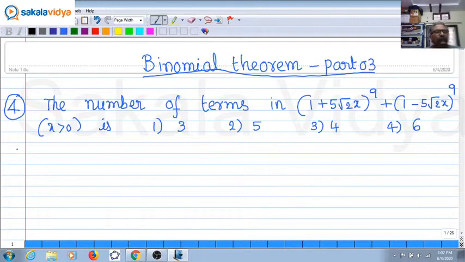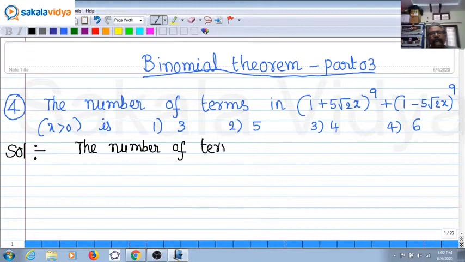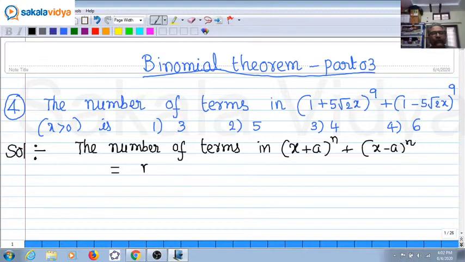Okay, now solution. The number of terms in (1 plus 5 root 2 times x) whole to the power of 9 plus (1 minus 5 root 2x) whole to the power of 9. So we have the formula. The number of terms in (x plus a) whole to the power of n plus (x minus a) whole to the power of n equals (n plus 1) by 2,